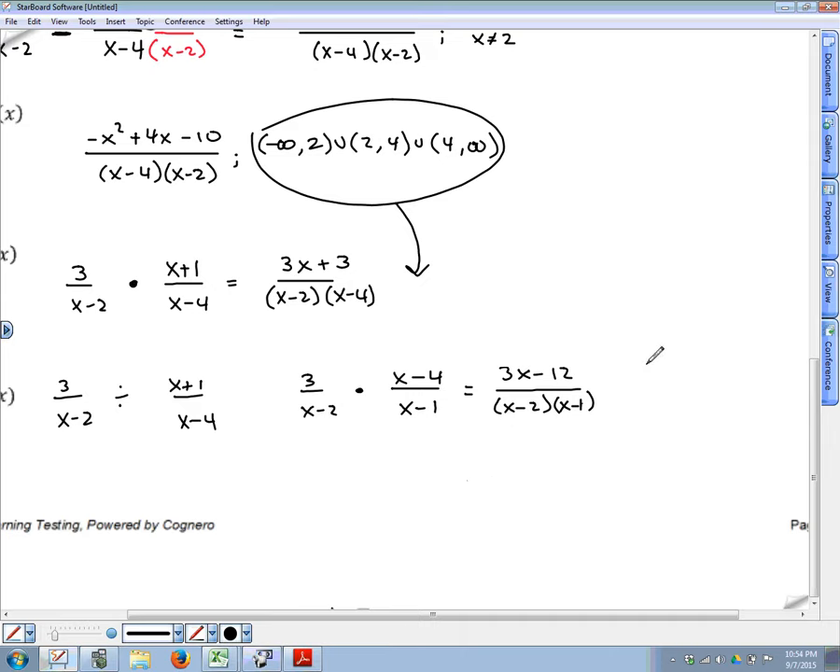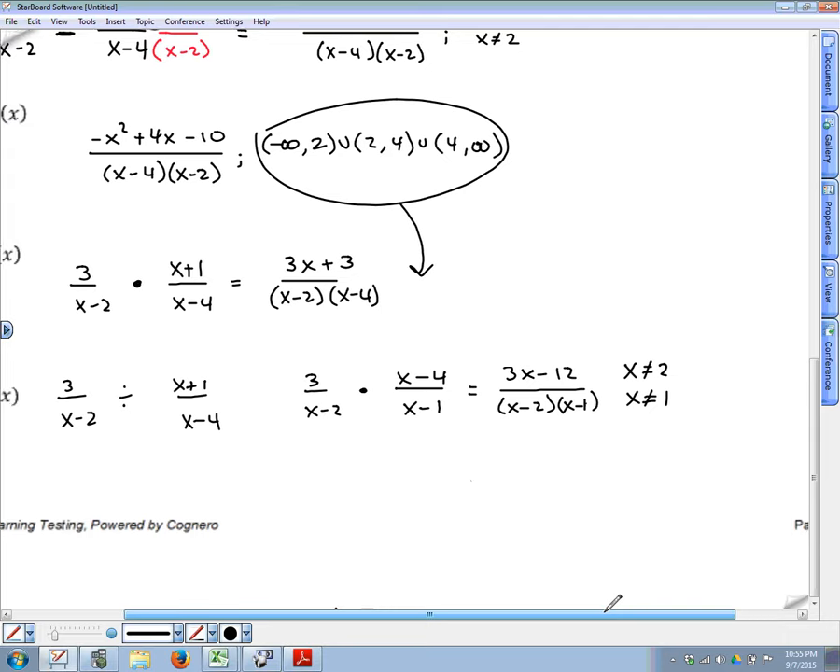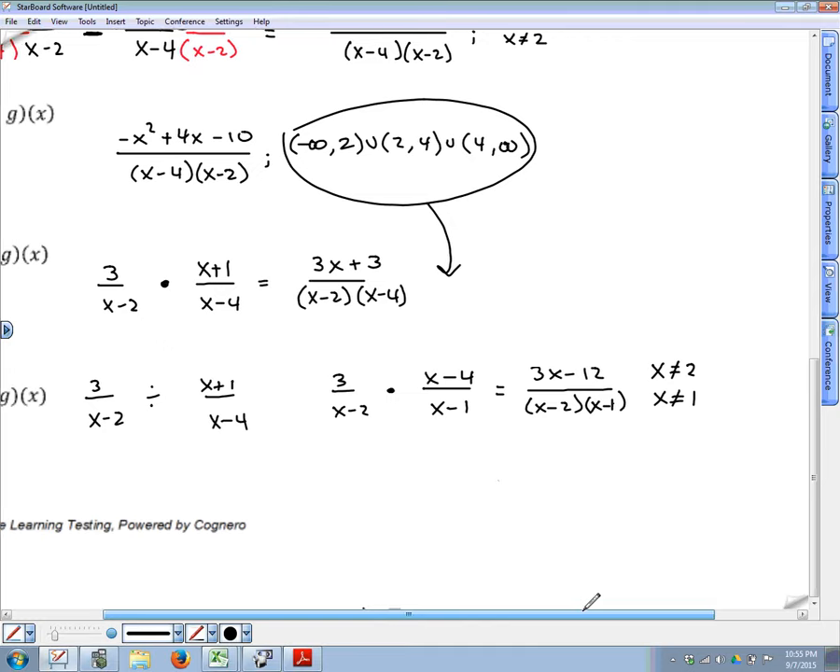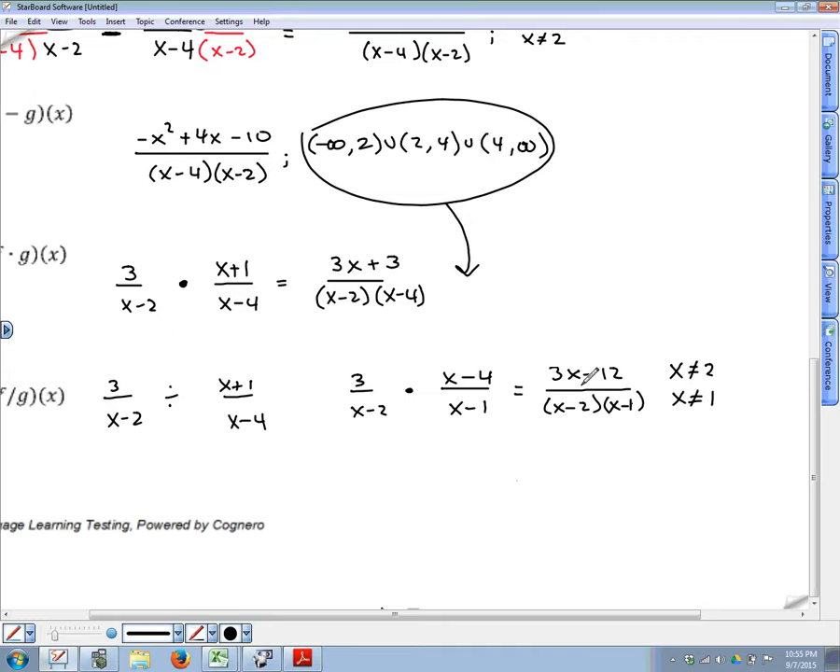This problem is different in the domain. If we're just considering the end result, here we would exclude the values of positive 2 and positive 1. But in a problem like this, you also need to consider not just the end result in terms of what's excluded from the domain, but for example, looking at the beginning, the problem started as